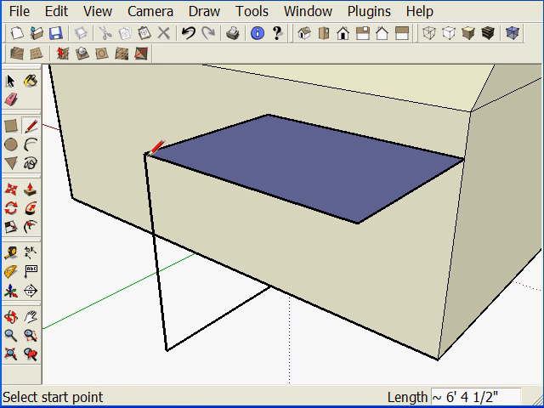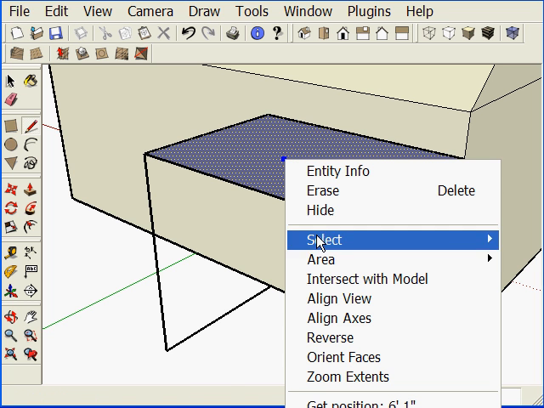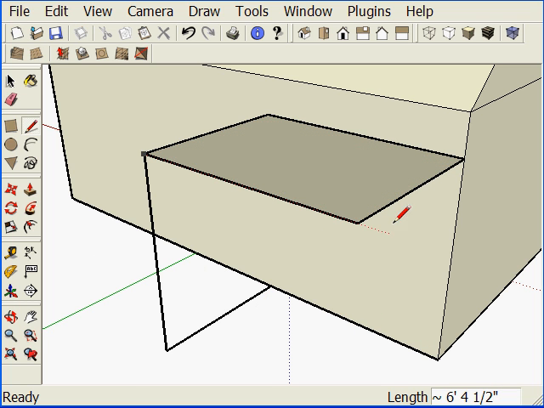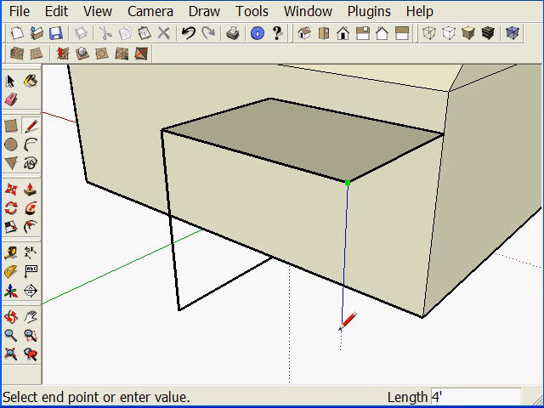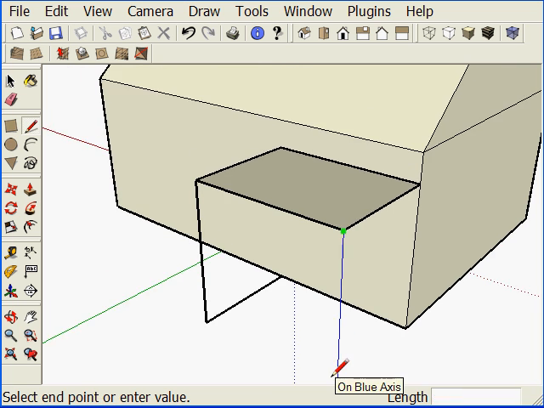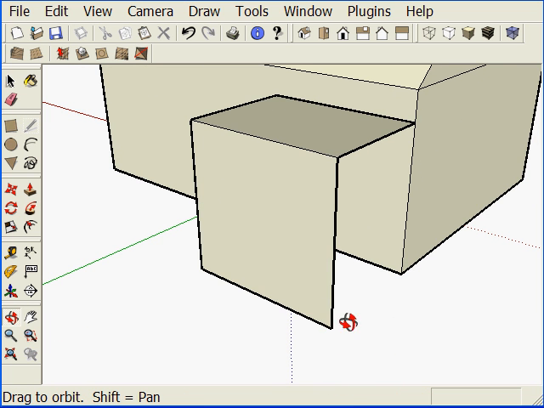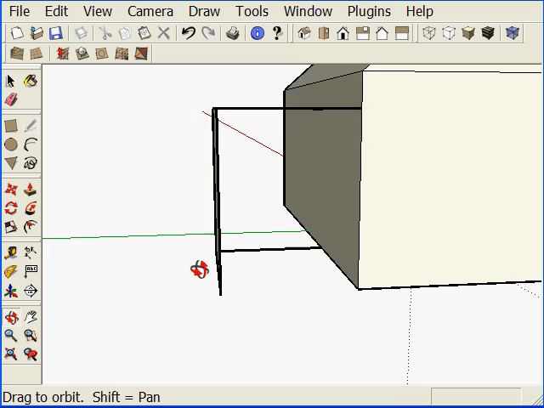I'm going to draw in the top of this addition. It turns blue because that's the inside direction, so I'll just select it by right-clicking, context clicking on the Mac, and reverse the face so it looks like the same color as the other surfaces. I'll start drawing downwards now in the blue direction. I can draw back over, and I've completed the roof in one side of the addition,